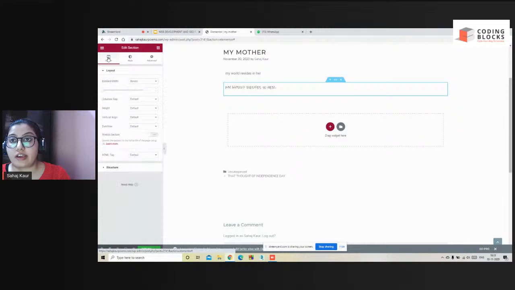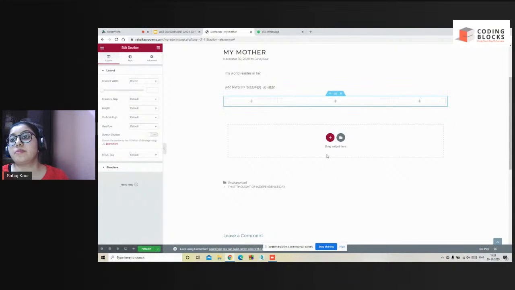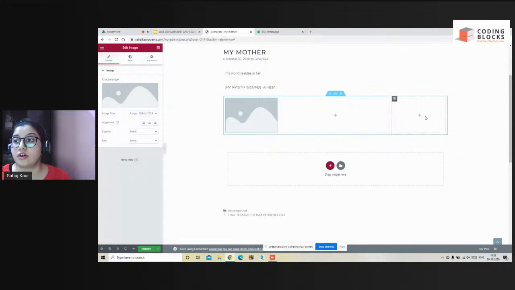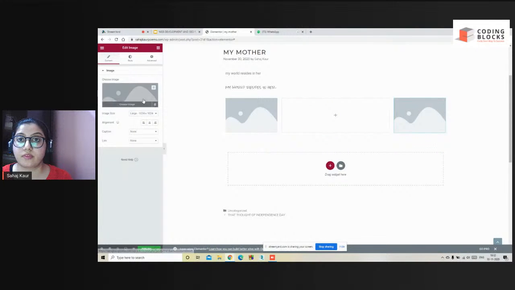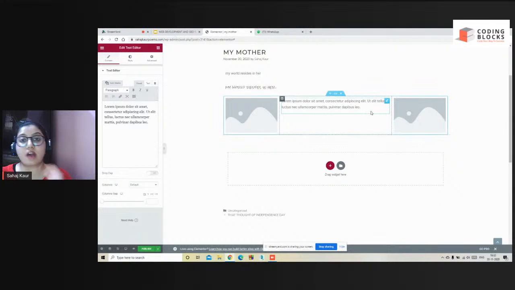You can even change the layout as per your requirement. For example, we often end up making a website where we have an attractive layout. So you can put a section here, you can put a section here, you can put an image here, and then the text. So this is how you basically work on WordPress. To add a post,